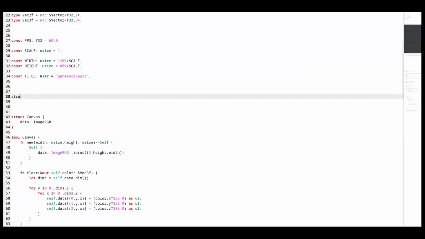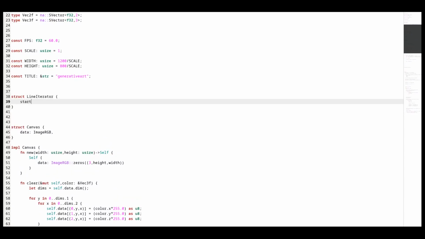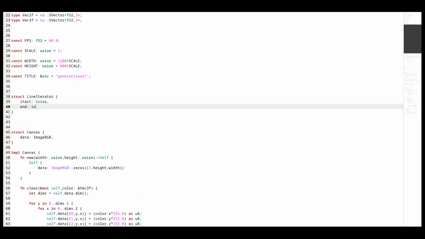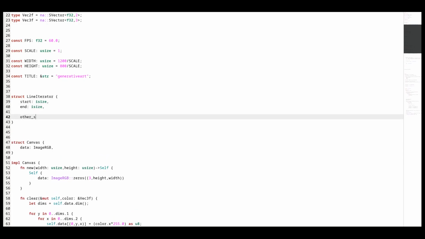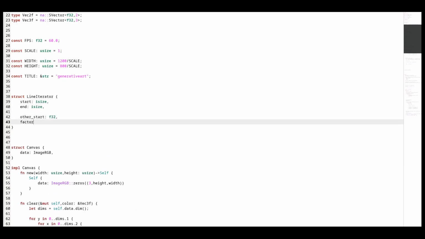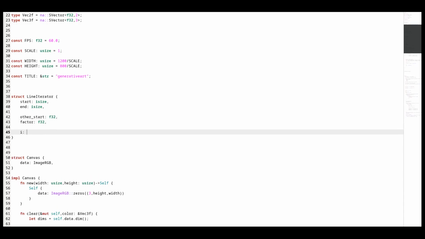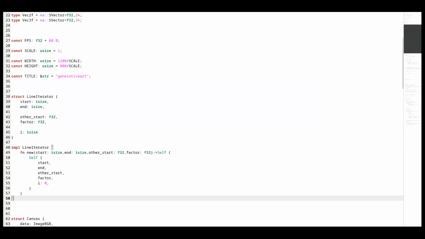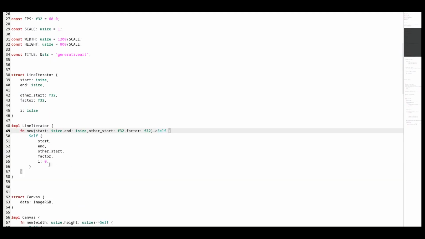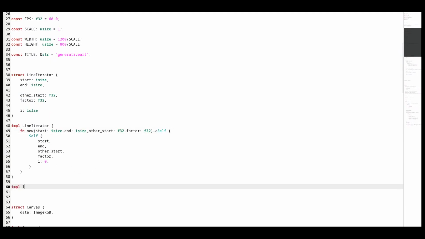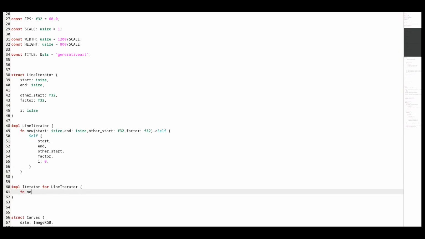I defined another structure which will implement the iterator trait. It will return a tuple of the discrete line main coordinate and the float value of the opposite coordinate.